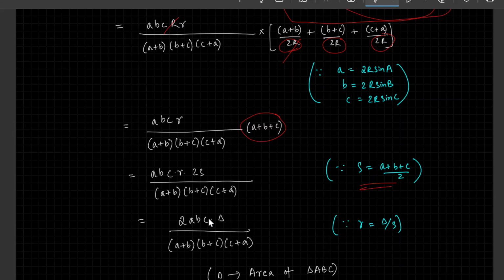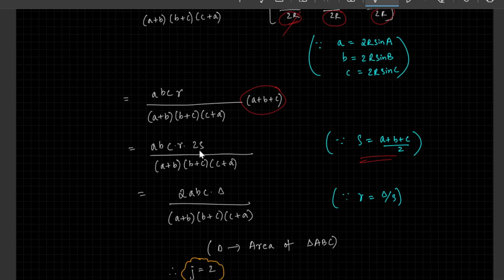All this is linked to the solutions of triangles. All these have been derived from solutions of triangles. That's the reason this is a direct question from the solutions of triangle concept. So this can be written as R is equal to delta by S. So this R has been replaced by delta by S, and so the S and S here get cancelled, and